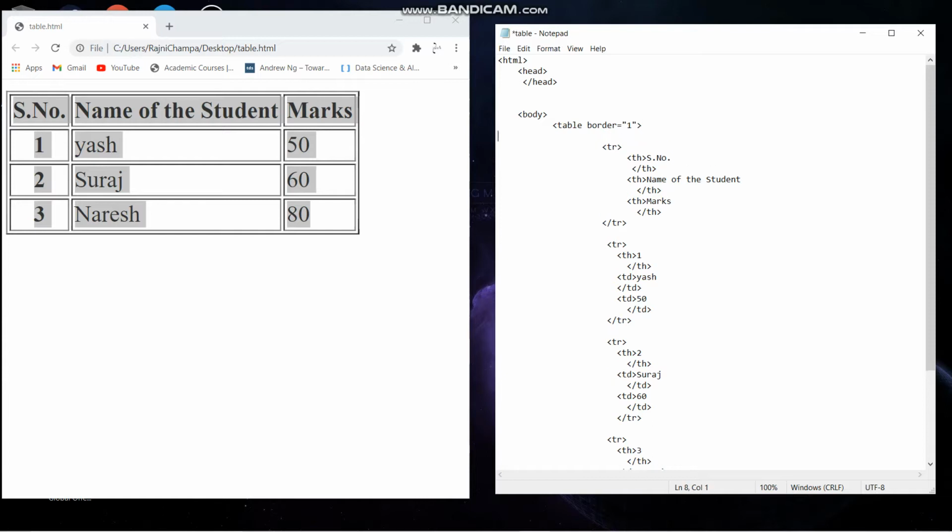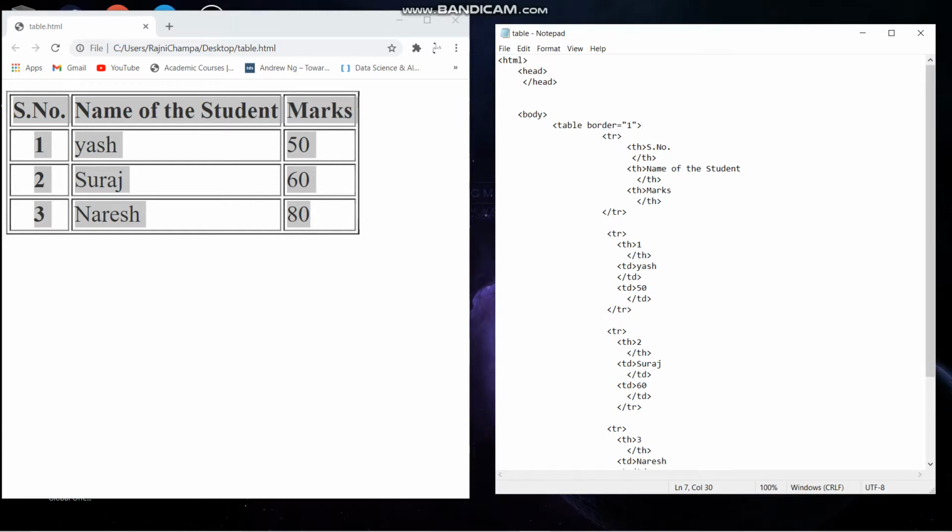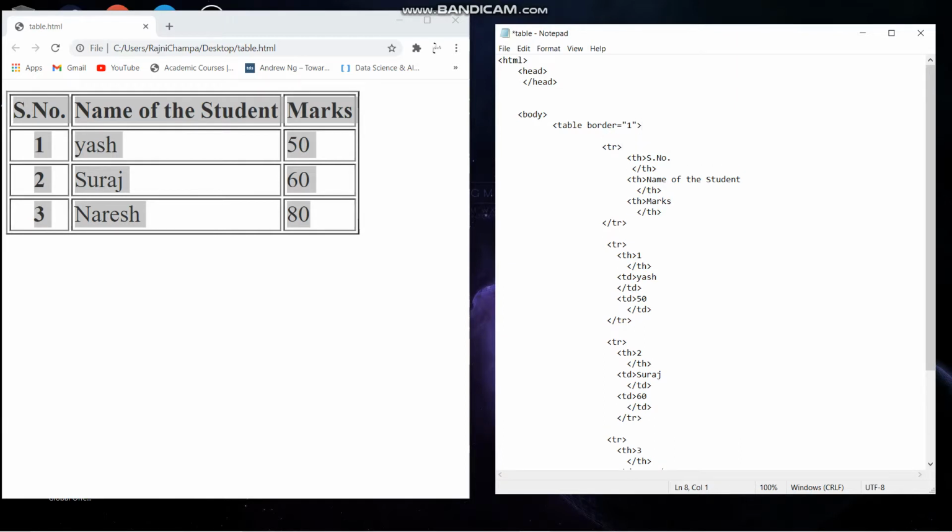What we have to do is, we don't know what is about the table. We don't know why the table is there. So we have to have some data for the table. So what we can do is start another tag beneath the table tag,